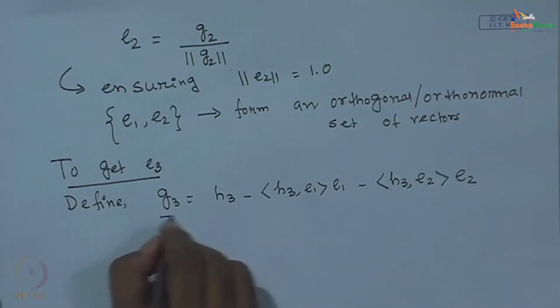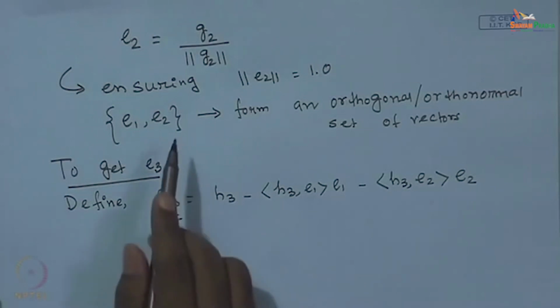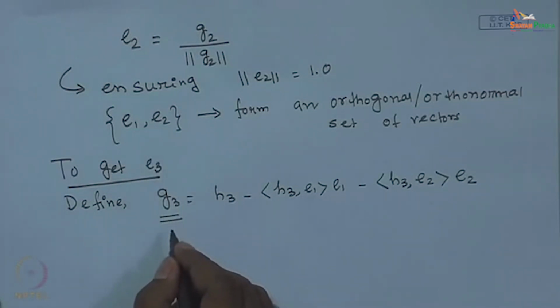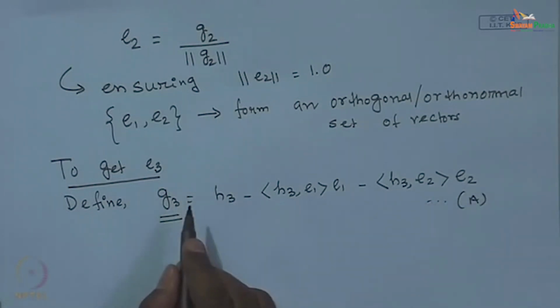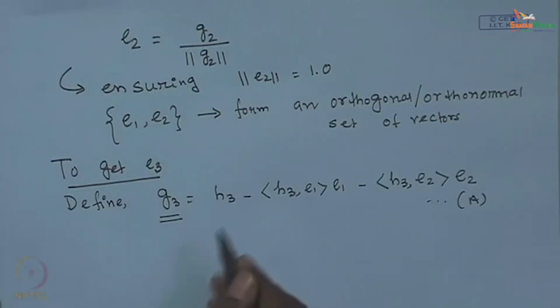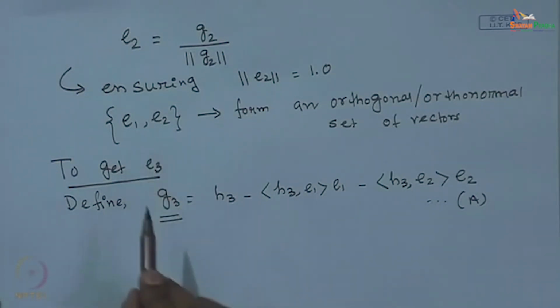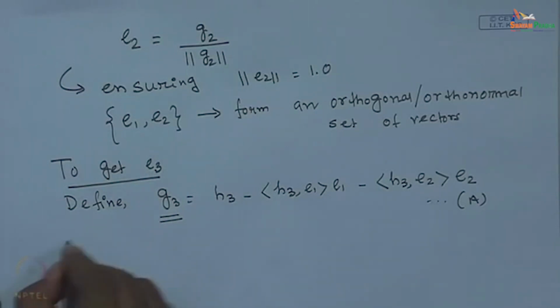Now we will be saying that G3 will be orthogonal to E2. In order to prove that, we have to take the inner product of this whole equation, let us say this is equation number A, with respect to E2. If that inner product turns out to be 0, then we can come to a conclusion that G3 is orthogonal to E2. So, we take